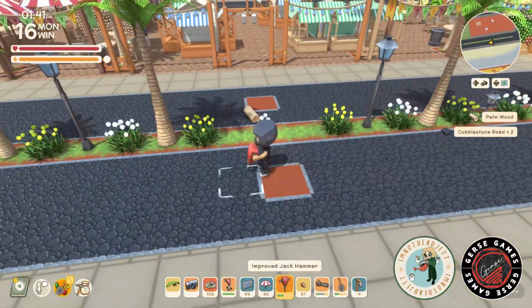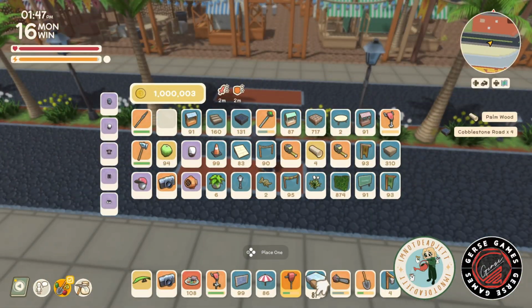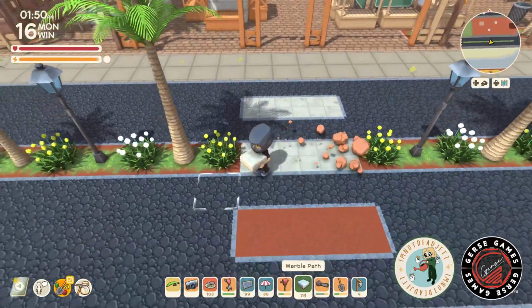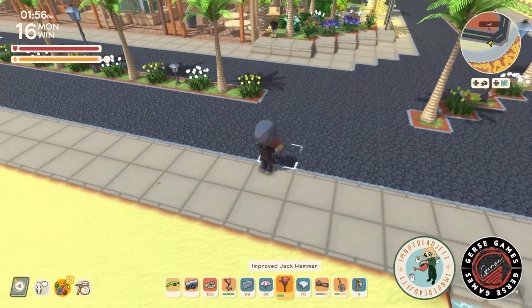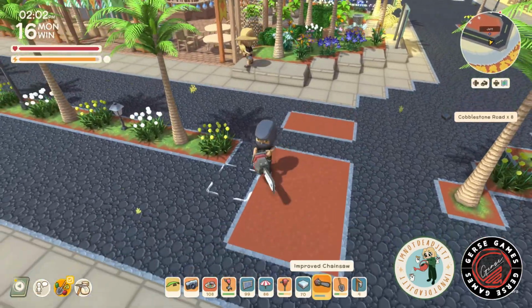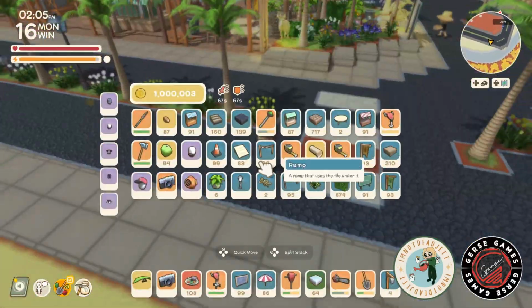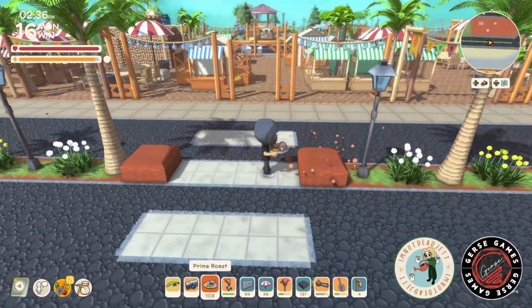So the next thing I knew, I was like, okay, now we need a crosswalk, right? Because crosswalks, like I said, elevate the build, they elevate everything that we do, and I really enjoy it. So as you can see, we're adding a couple more crosswalks. We're gonna add one over here in this corner, one down there, and then a couple more a little more down the road, because it's just starting to feel